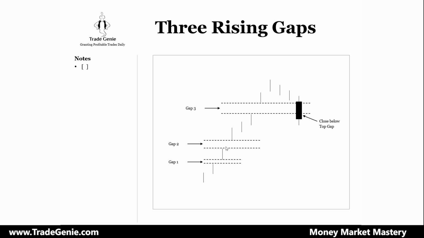So this is the one gap that occurred, this is a gap, and then the market closes somewhere here, let's say after 1 day, 2 days, 3 days. Then another gap occurred. So this is gap two. So this is the breakaway gap. This is the runaway gap. And then this may be the exhaustion gap.